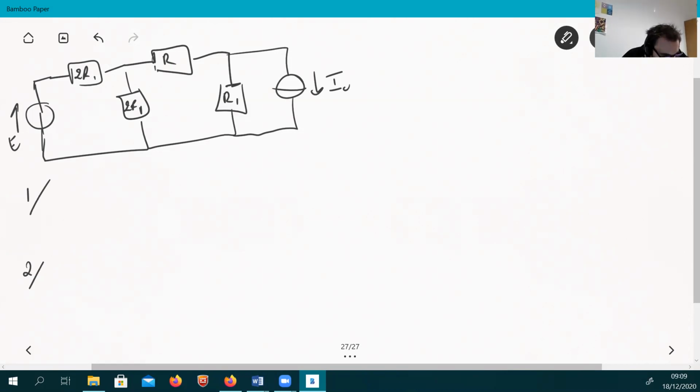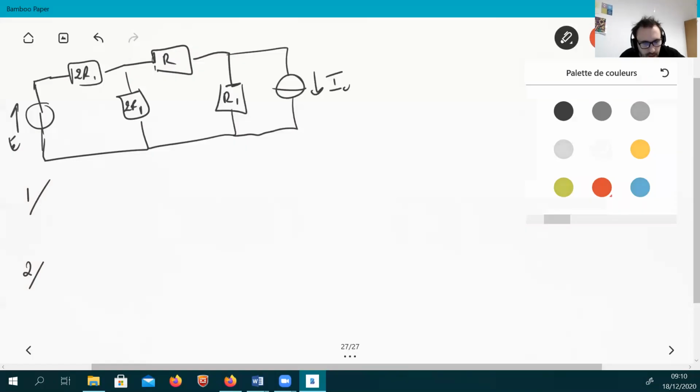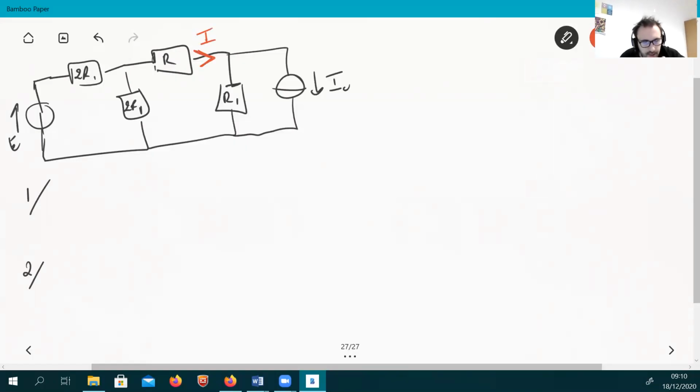In the first case, you just leave the source E on and turn the I0 off, redraw the circuits and look for the current flowing through R. So here you're looking for IE. Here you're looking for I0, and then you will mix both to get IE plus I0,